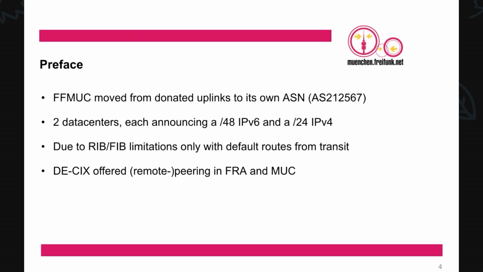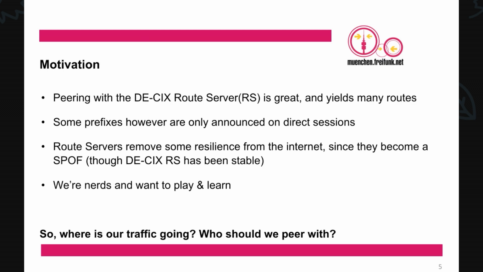DE-CIX offers us remote peering in Frankfurt and in Munich, which we use. The motivation for all the peering stuff was basically that we peer with the route servers, of course, and they have many routes, but some prefixes are still missing. And we filter prefixes because, as I said before, we are quite limited on FIB and RIB sizes. So we try to only let routes into our FIB which are really needed, which makes it a bit harder for all the processes. Route servers are generally stable at DE-CIX, so this is not really an issue for us,